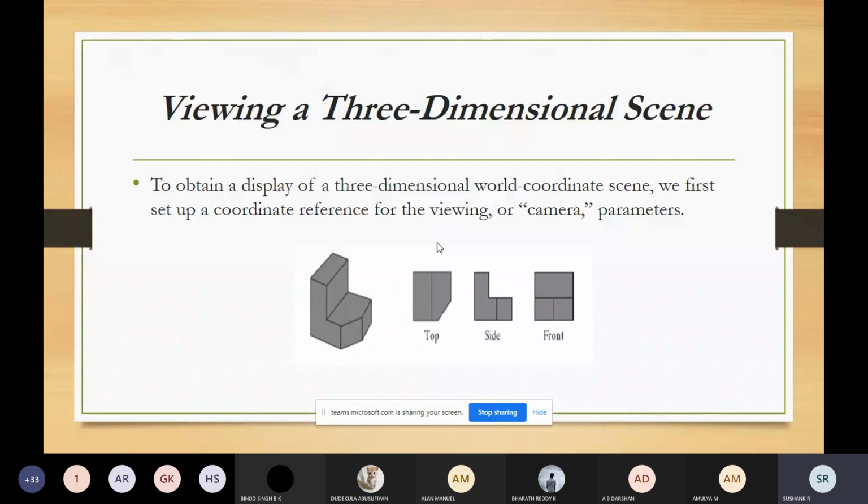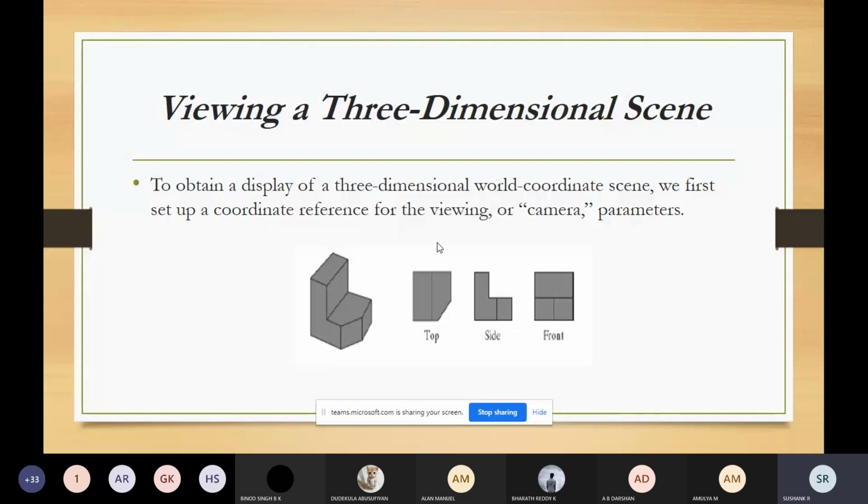The third and last image, where front is written, is the image you will see when you're seeing it from the front side. This is how the projection works. You are viewing that solid object from three different directions. From the top side view, you get the image where I've written top.